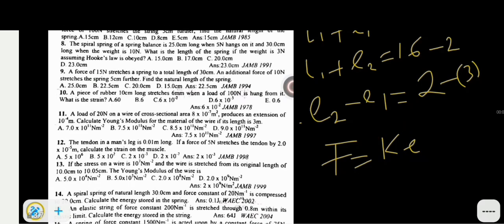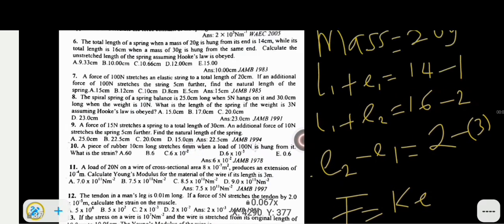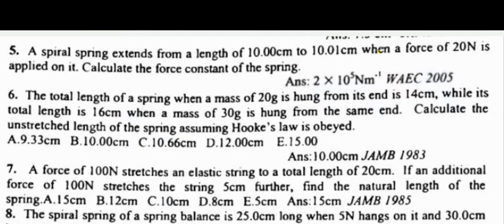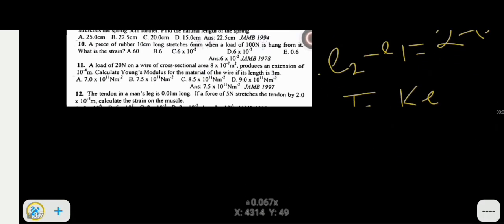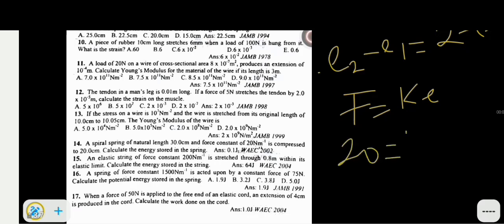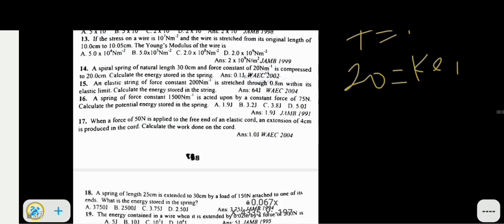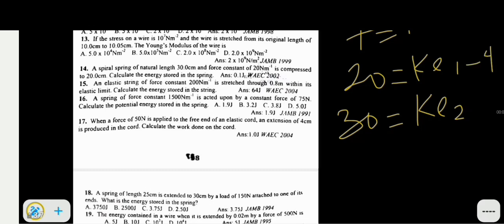So for the first case, we are told that M is 20 grams, as you can see from here. The extension will be E1. So we are going to have 20 is equal to KE1. For the second case, the force is 30. So we're going to have 30 is equal to KE2. Let's say this is equation 4 and this is equation 5. If you divide equation 5 by equation 4,